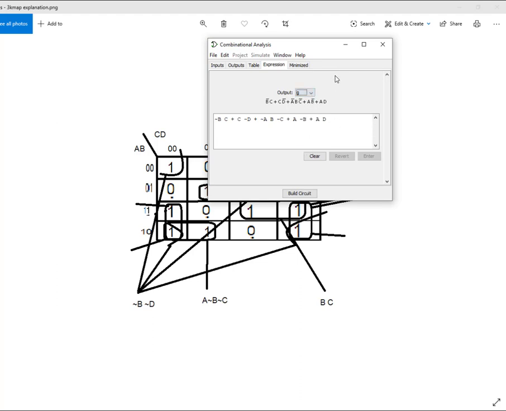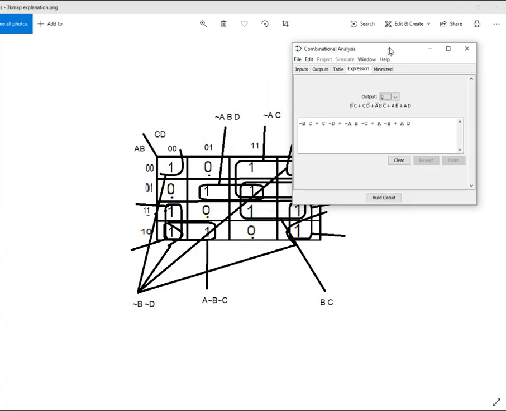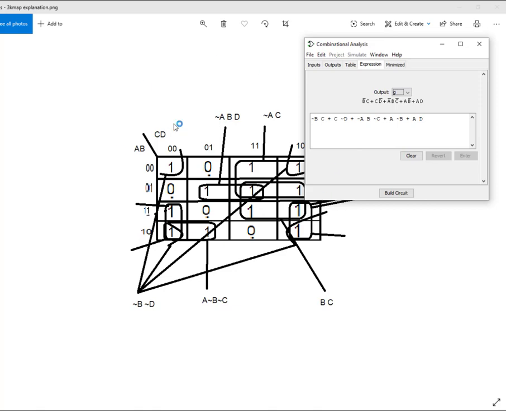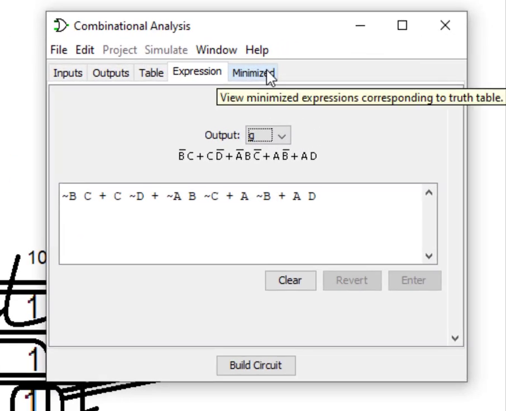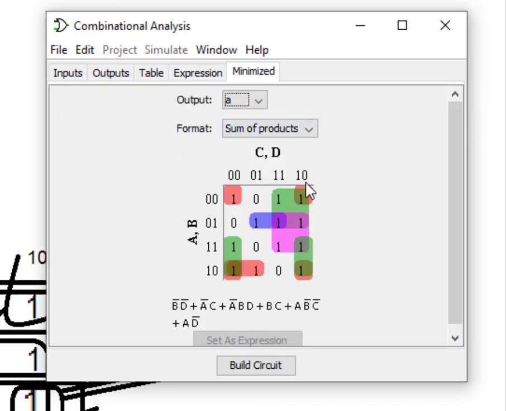the circuit. If you want the K-map in the same way, how this K-map is looking, here you can see a minimized tab, where the minimized tab will give you the K-map structure and how it is mapped. Wow, it's the beauty of this Logisim software.